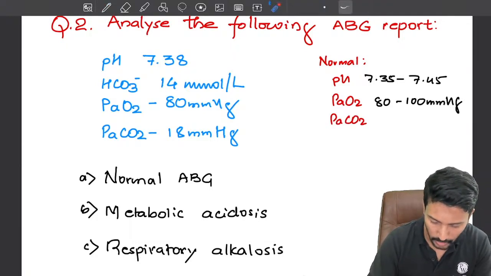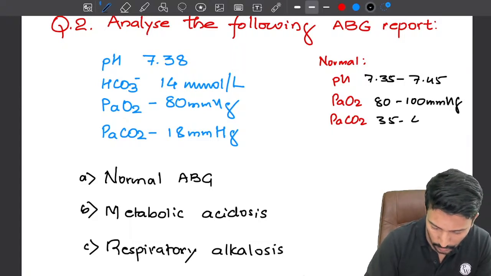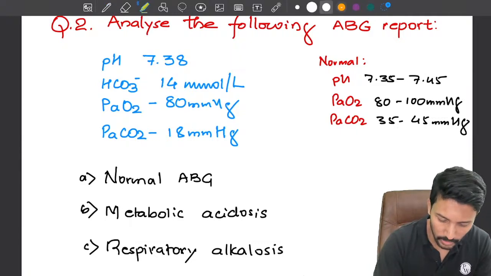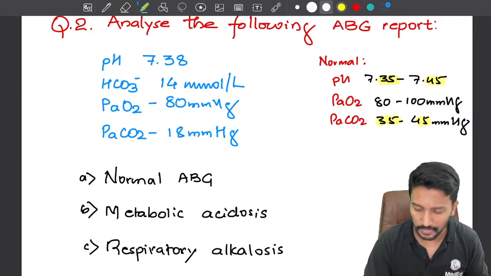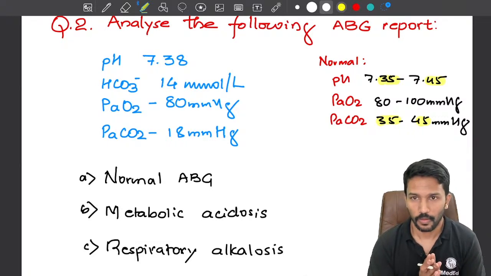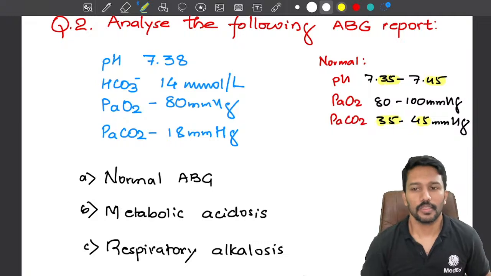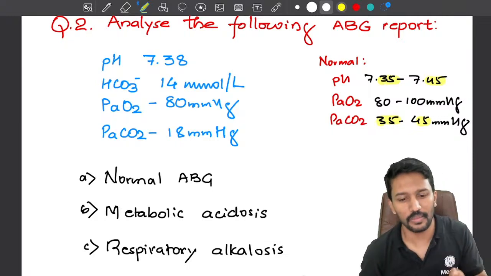PaCO2, right? Partial pressure of carbon dioxide. That is also 35 to 45 millimeters of mercury. So here these two numbers are very prominent, like 35 to 45, that's your pH range. Same 35 to 45 that is your PaCO2 range. Now when I look at the ABG, it looks like okay, pH is normal, but when I look within the ABG,